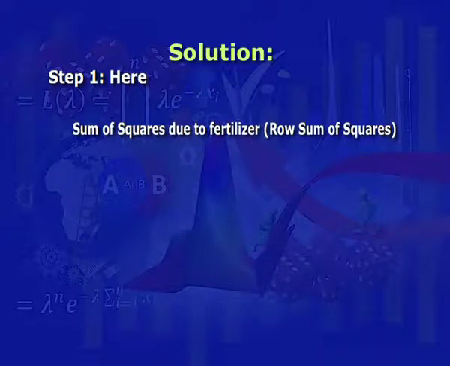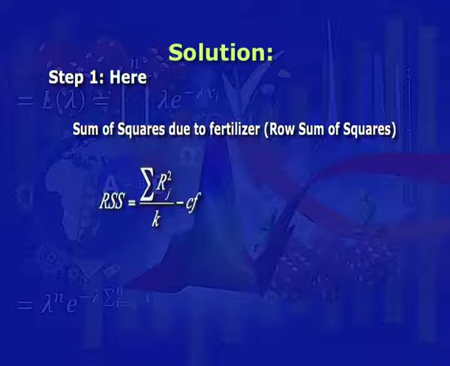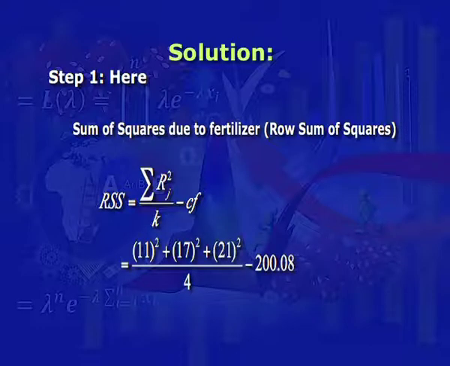Now we calculate the sum of square due to fertilizer, or row sum of squares. Row sum of square equals summation rj square divided by k minus CF. Here rj indicates the total of the jth row. From the above table, we find the totals and substituting these values, we get 11 square plus 17 square plus 21 square divided by 4 minus correction factor 200.08. On simplification, we get row sum of squares equal to